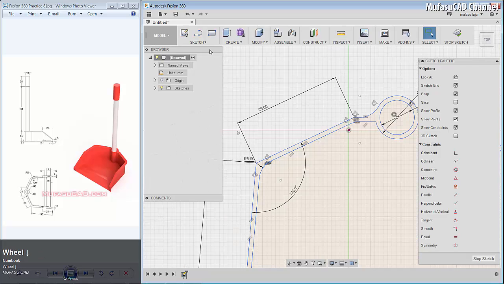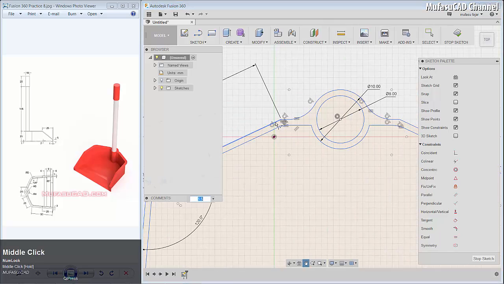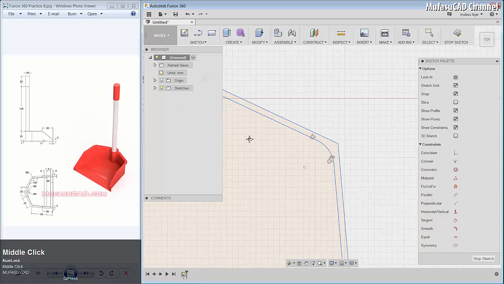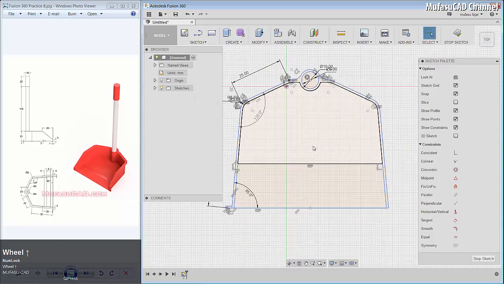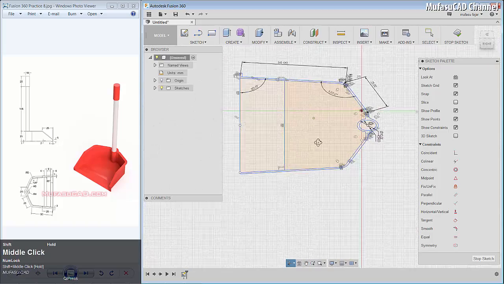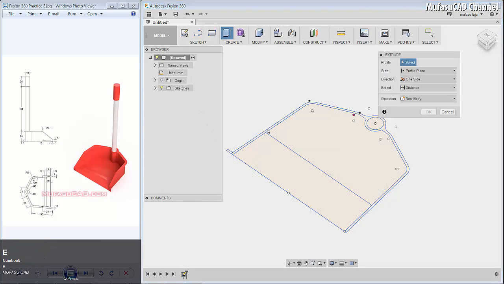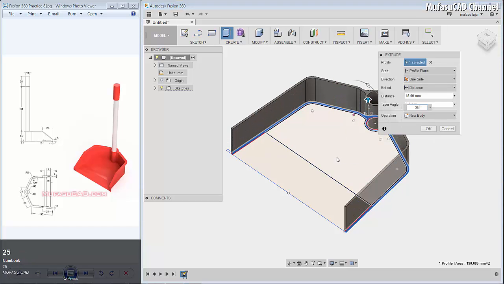I will fillet again, sketch, fillet. You can select these two objects. We fillet with about 5.5 and then select this object again, and we fillet in here. Press enter to finish. You can use the orbit command to rotate the object and then extrude this face to the top here about 25.